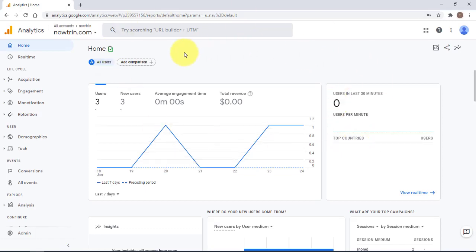Now once you're logged in to Google Analytics, it's going to take you to the home page, and this is the home page of Google Analytics. Now on the left side, you want to scroll down to Admin. Click on Admin,